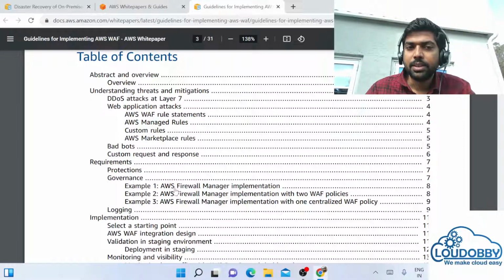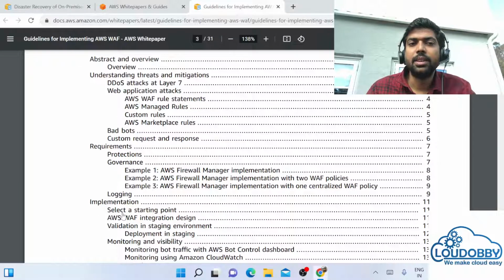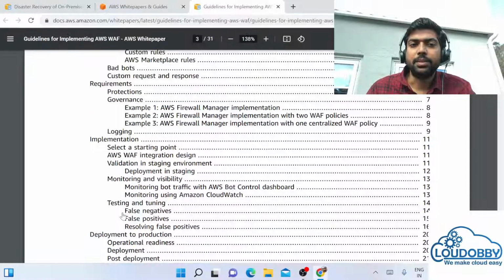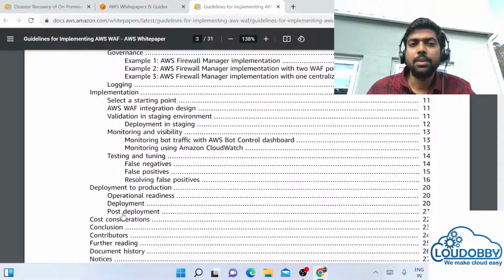They have given three examples, such as AWS firewall implementation with two WAF policies and one central policy, showing how we can have a central policy for all your AWS accounts. And finally logging, which is the key where we get all the data. If we want to audit who connects, what connects, how many requests come, and which port number is accessed, that is a requirement.